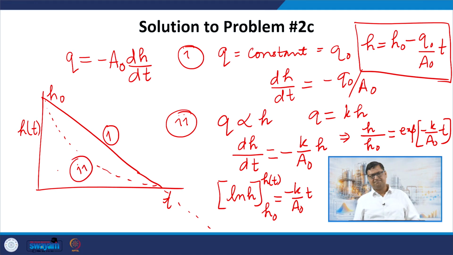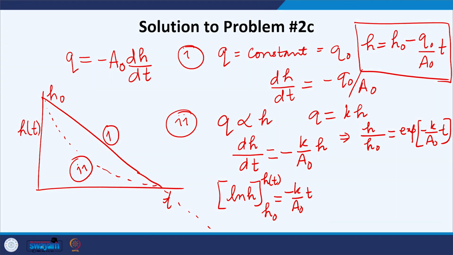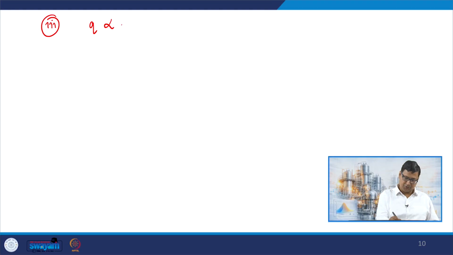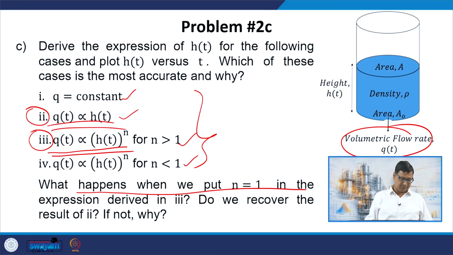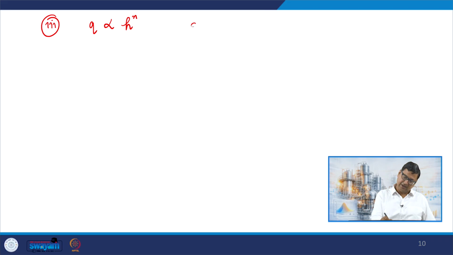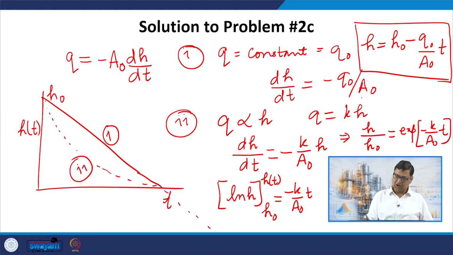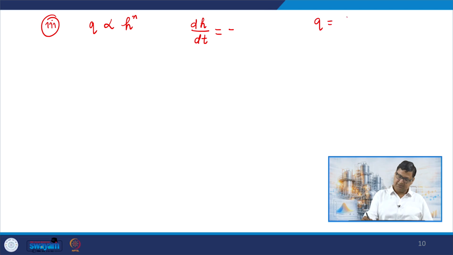That seems more likely based on the intuition that we had earlier, but let us go ahead and try to find expressions for the other cases. So, now I will do the third case where Q is proportional to something like h to the power n, as was stated in the problem, and in this case we are going to have dh by dt something like minus, we had Q naught by A naught there. So, I can again assume a function Q is equal to some k h to the power n. So, we will have minus k by A naught h to the power n,